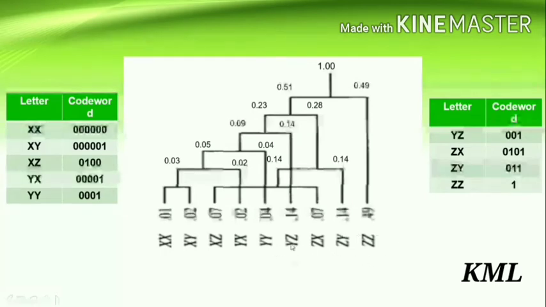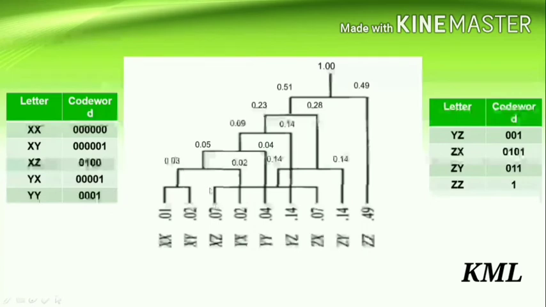Okay. So now let's draw the Huffman tree for this. So how do we draw it? Take the minimum two probabilities from here. We have 0.01 and 0.02. So combine them together, we get a sum of 0.03. Okay. So now this is the new probability we got, and the remaining are these ones.